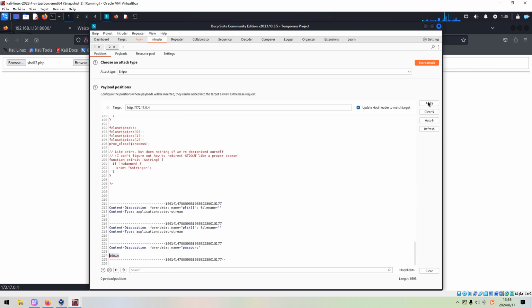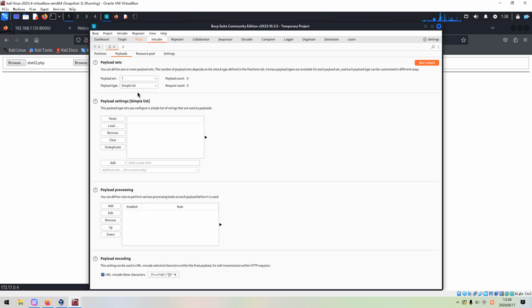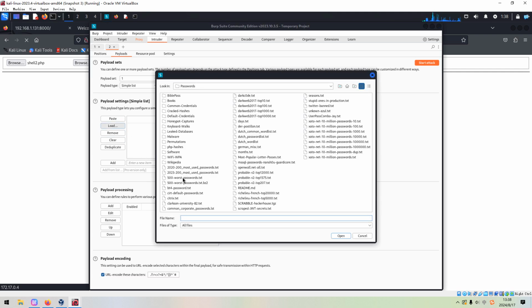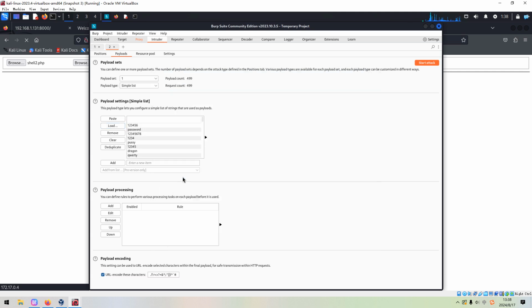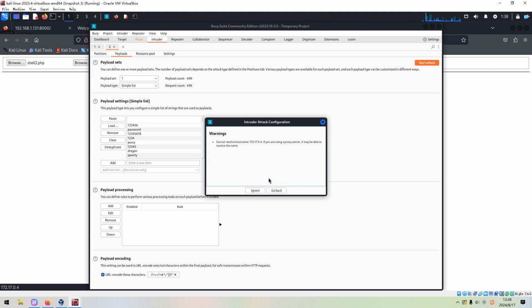We can add the $ symbols. We will attack this variable or this field. So we can load a very short password dictionary, and then we can start. Cannot resolve host name, ignore.